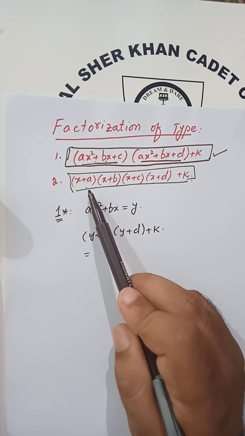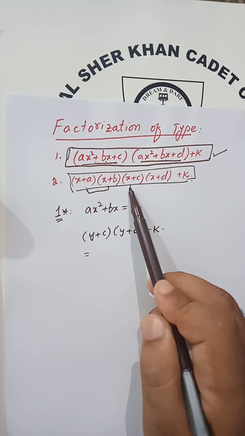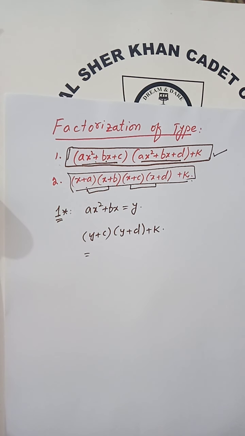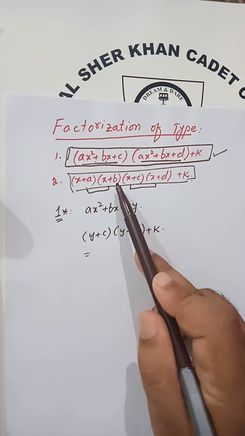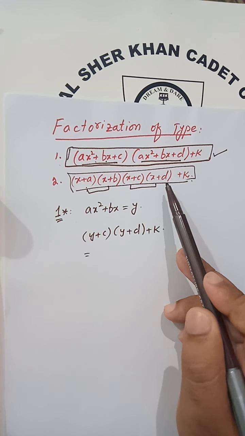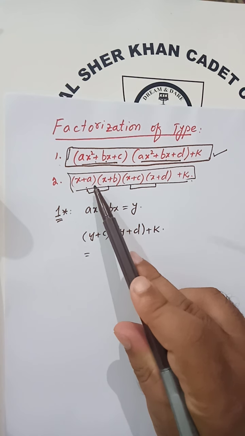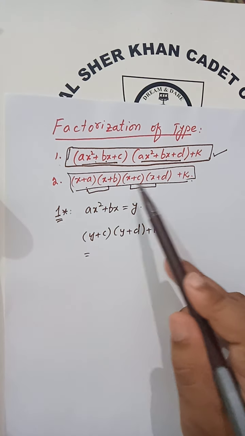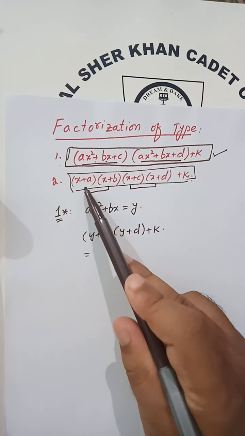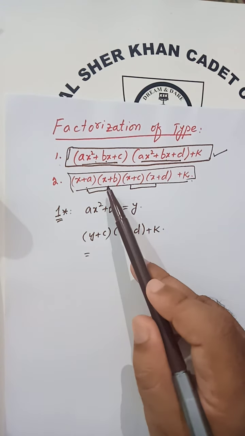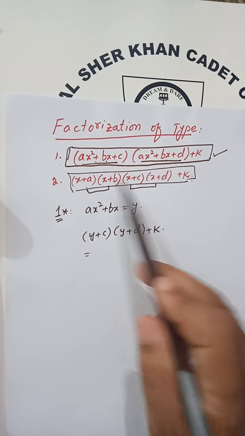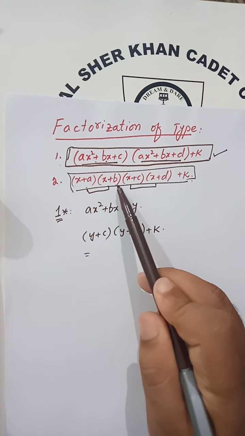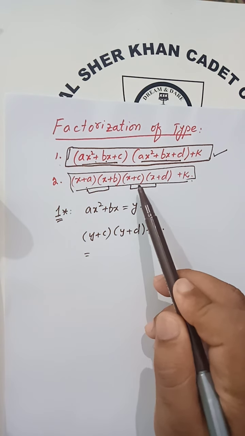That means when you write two factors in a group and another two factors in a group, you look at the constants. If the addition of these two constants is equal to the addition of the other two constants, then you write (x + a)(x + b) and (x + c)(x + d). That means you multiply these two and you multiply these two. If, for example, b + c is equal to a + d, then you write (x + a)(x + d) and (x + c)(x + b).